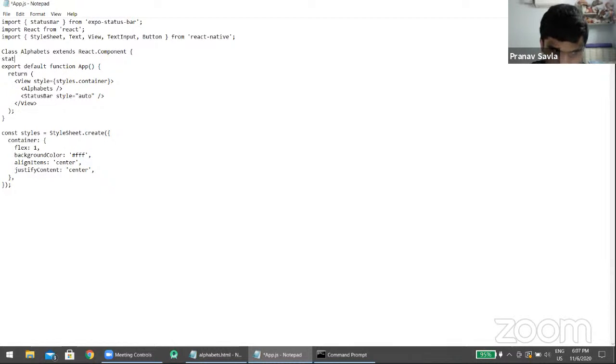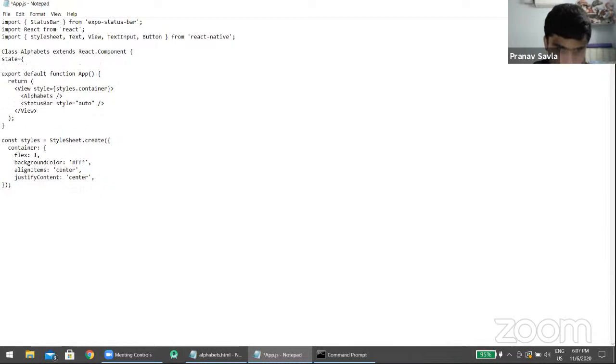So we can just do state equals. Instead of writing that whole constructor code and going through all that, we can just write state equals, and we can write a state. So what did we write in the state? Well, we wanted that alphabet. So I'm just going to write that again. A,